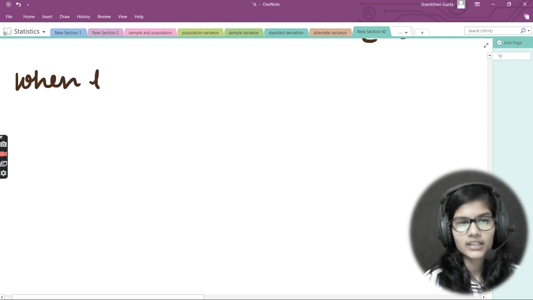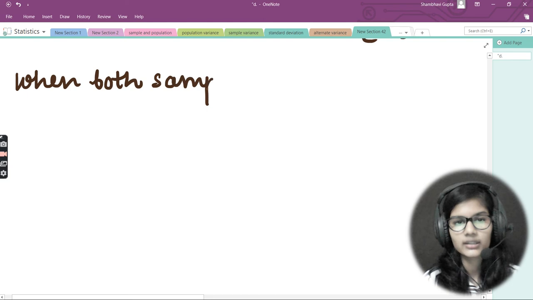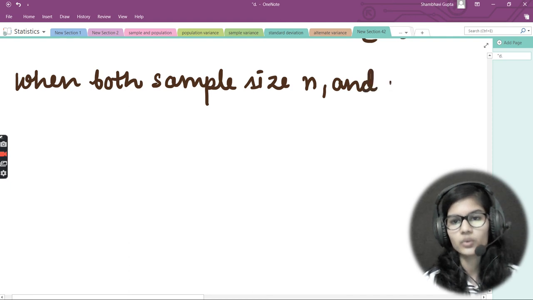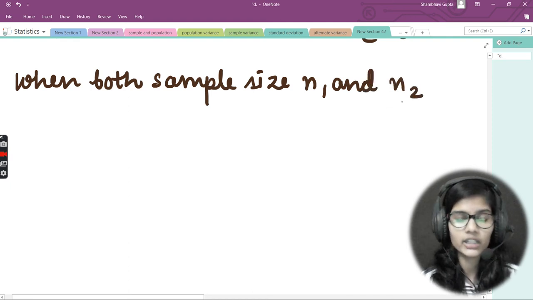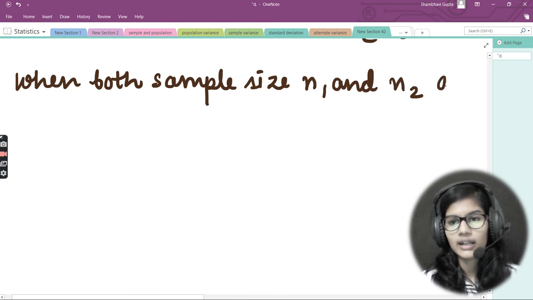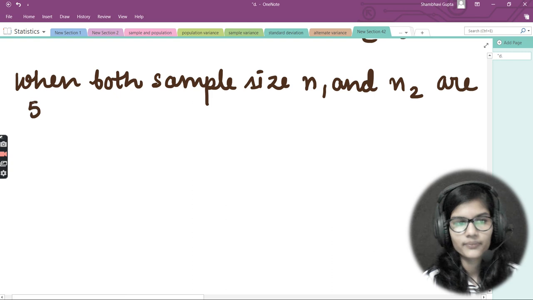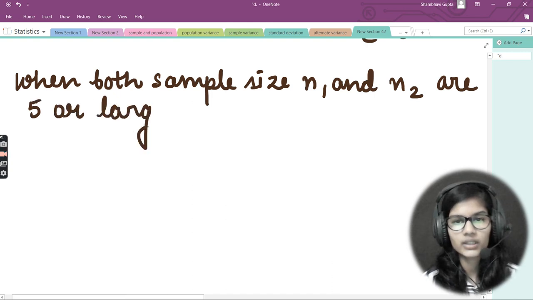So when both the sample sizes, n1 and n2, are 5 or larger,